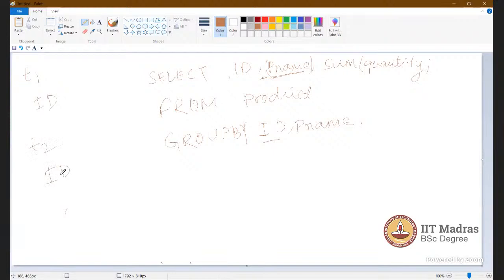After that we match with where T1 ID equals T2 ID, and we select star. Normal joining, for T1 comma T2.